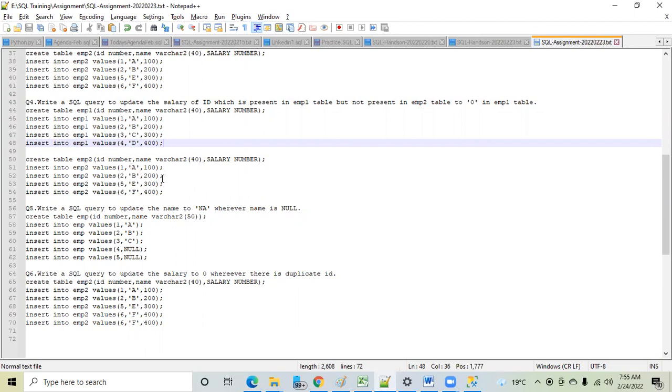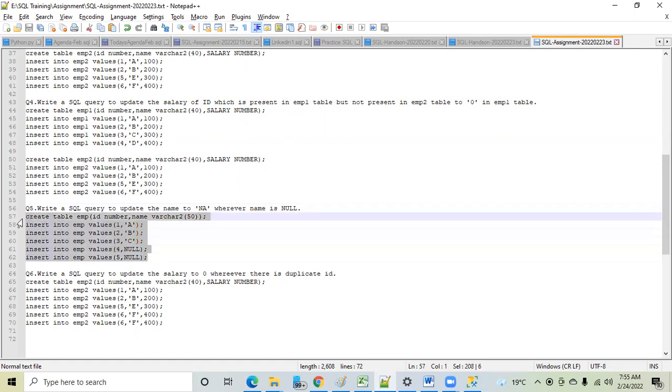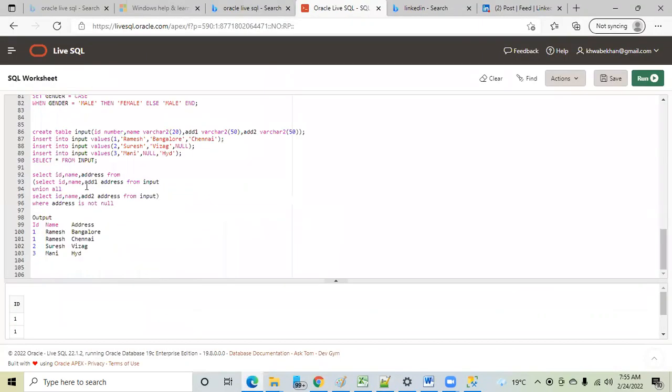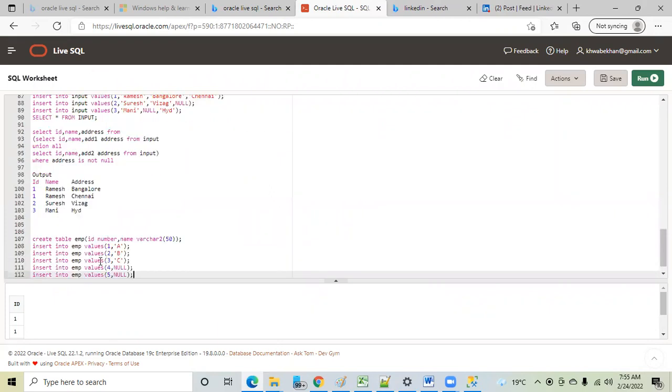Okay, fine. So fifth question, write a SQL query to update the name to NA wherever name is null. Okay, write a query here now. First of all, let me create this table as well.